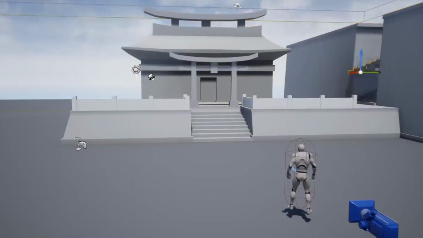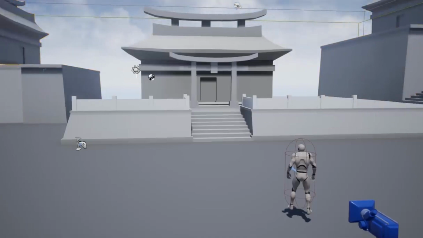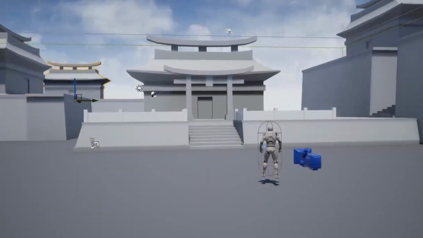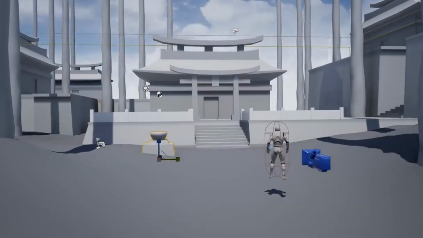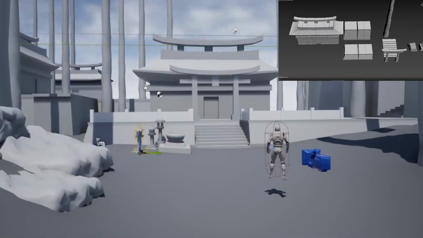Here you can see how a grey box of any game is built in Unreal. Firstly, you focus on getting the layout and composition right, as it will set the tone of your game environment. You can speed up the process by using the pre-built assets from the grey box kits available online.